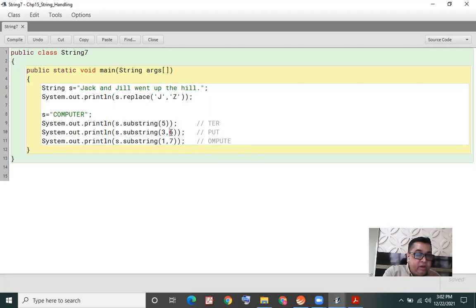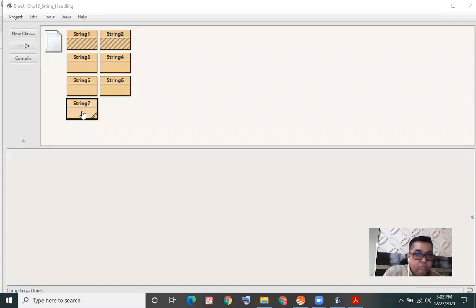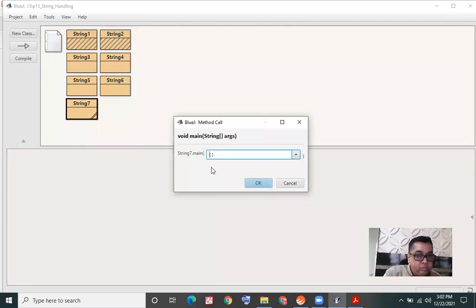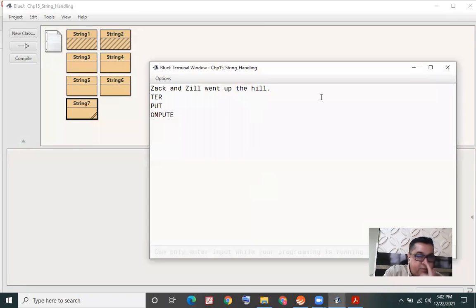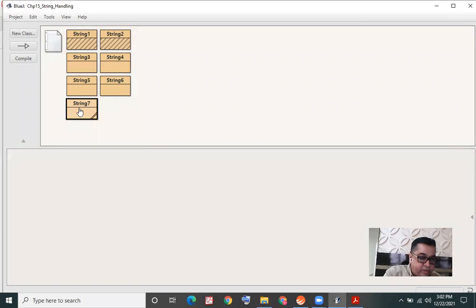Okay, remember end works like this: you mention the end, but you don't get that position as the last character. If end is 7, 7 minus 1, 6 would be the index position of the last character, that is E in this case. Have you understood this? So in substring you mention the start position and the end position. Remember, end would always be treated as end minus 1.